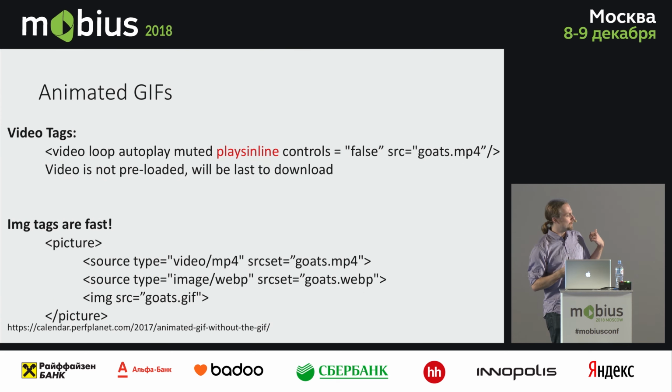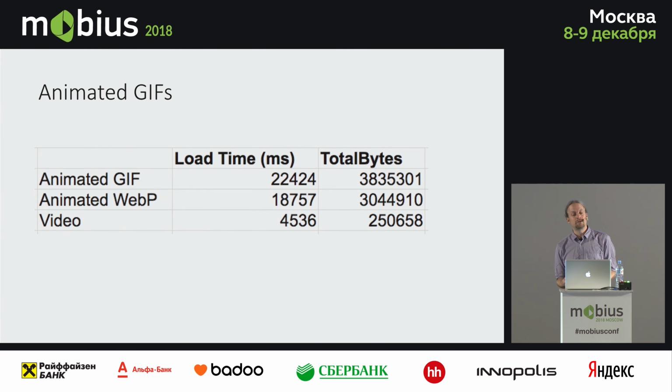So if you built a picture tag like this, you have the MP4 for your Safari users, you have an animated WebP for your Chrome users, and then the GIF for everybody else. And the load time is crazy fast for your Safari users. It takes 4 seconds to download versus the animated GIF, which takes 22 seconds. So there are a lot of really awesome ways that you can optimize your GIF content so it gets downloaded